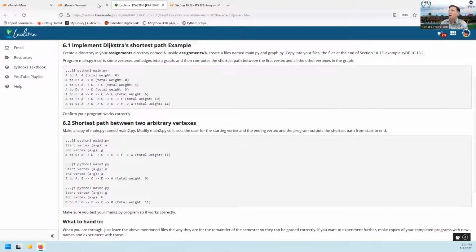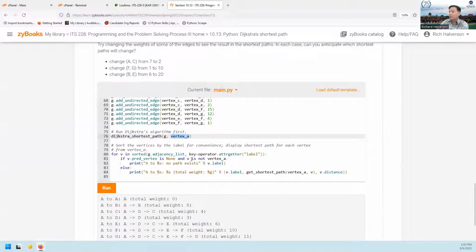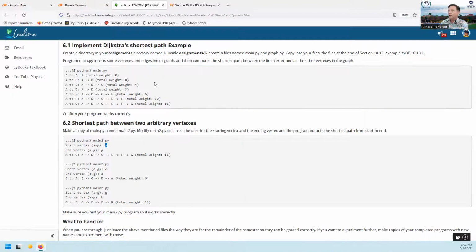Okay, so when we're writing our program, just know that we're changing this. This is going to define what the second argument in Dijkstra's method call is. And then it's going to filter out, we only want the one to G, and we don't care about B, C, D, E, or F. All right,